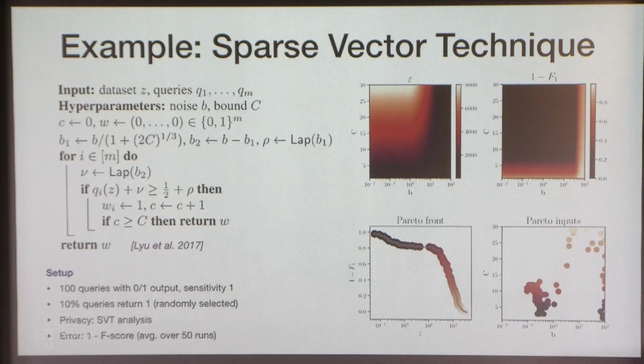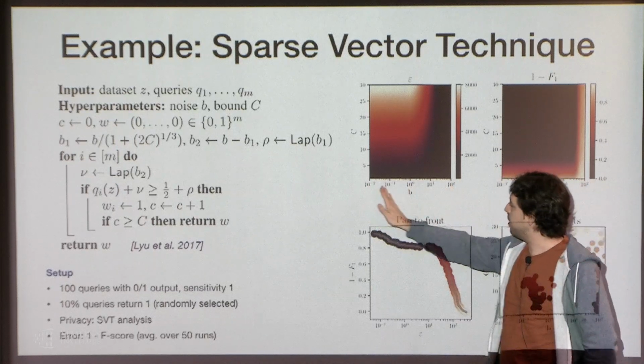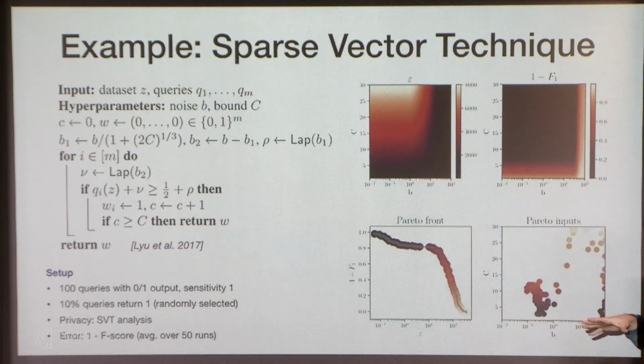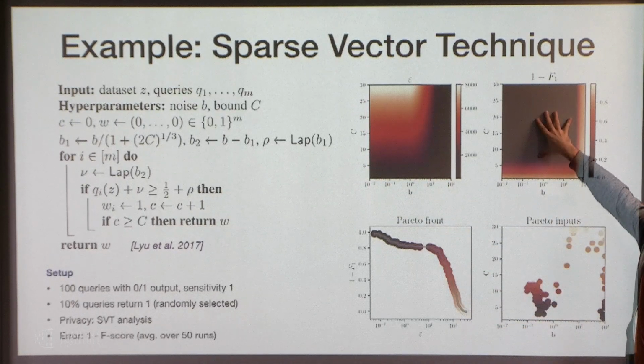So this is not the standard notion of error that people have looked at when analyzing the utility of the sparse vector technique, but it's a nice, cute little number that gives you an idea of how well you're recovering which queries give you 1. So if you do that, because here we only have 2 hyperparameters, we can do an exhaustive search by taking a very fine grid on parameter B and on parameter C and see what epsilons you are getting and what is the error that you're getting.